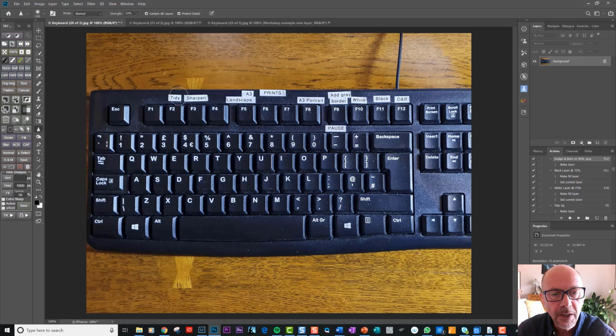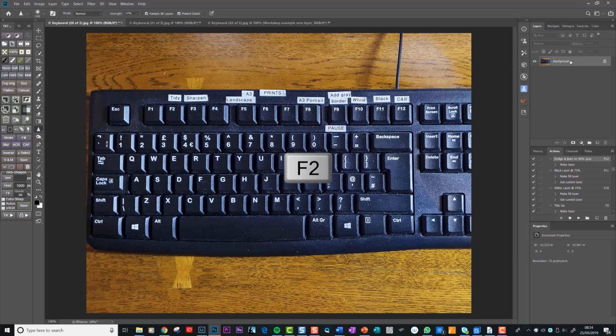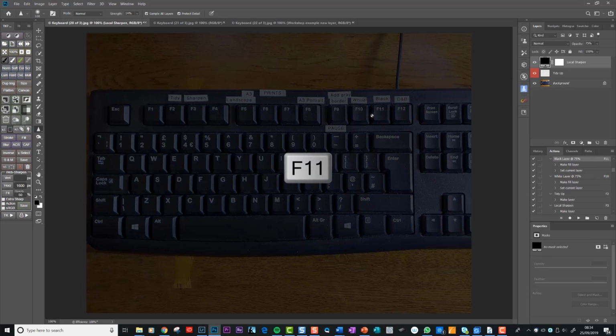And I'm going to come back to how you assign these keys, these function keys, using Photoshop Actions at the end of this video. But suffice to say, if I press the F2 key now and you watch up here in the layer panel, can you see a tidy up layer has been created? If I press the F3 key, then a sharpen layer has been created. And if you watch up here, if I press the F11 key, then a black layer has been created